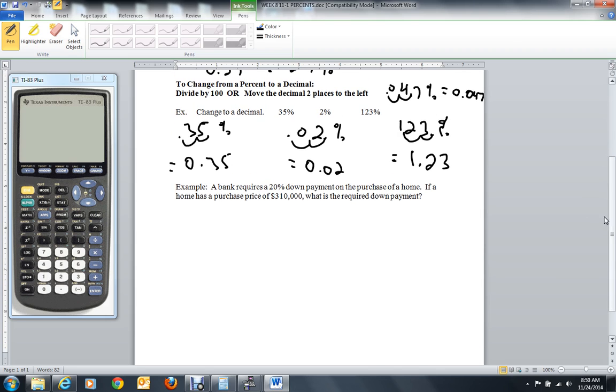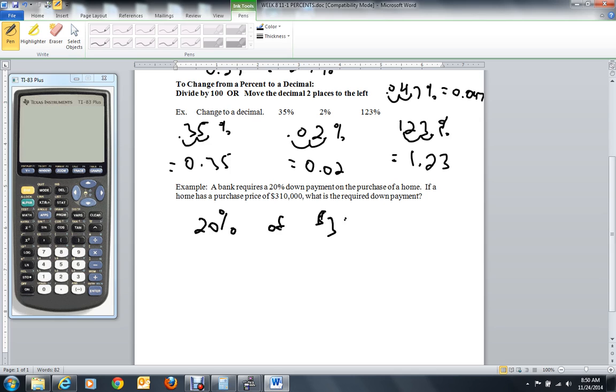Now an example that you may see, and you've probably seen all kinds of examples, especially with sales tax or something like that. Those involve percents. Same thing here with this example. This is a down payment. This may be a situation that you'll encounter in the future or already have encountered. You may not have known where they came up with the answer, which I'm going to show you. The bank requires a 20% down payment. The purchase price of the home is $310,000. What's the required down payment? Well, what you want to do is find 20%